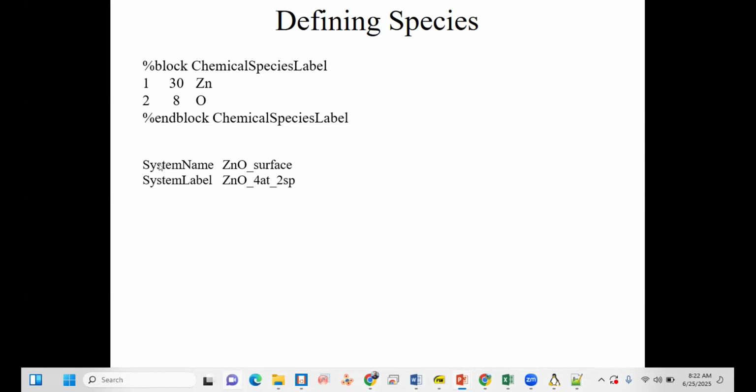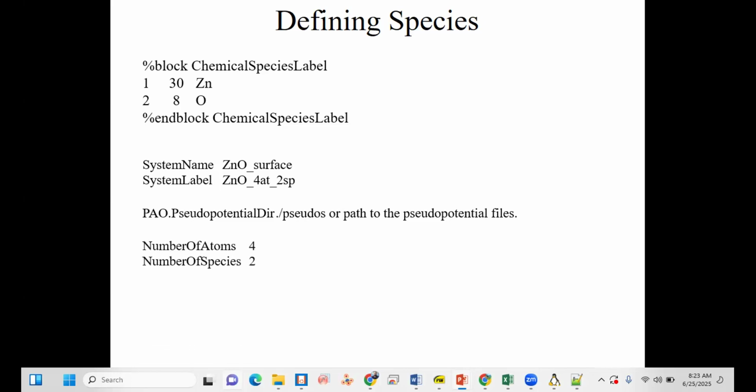So how will it look now? The system name first, then the system label, and then next is this line. If the pseudopotential is in the same folder where you are performing the calculation, then we don't need this line. Otherwise, you have to define where my pseudopotentials are. For that, this dot is very important. Then a forward slash, then the path to the pseudopotential file.